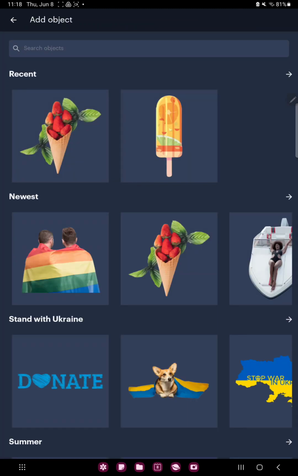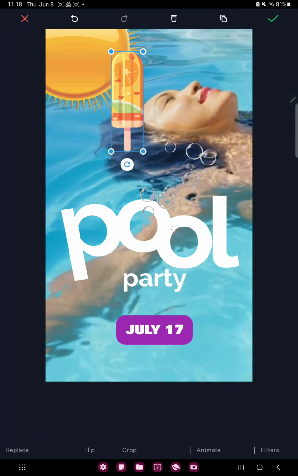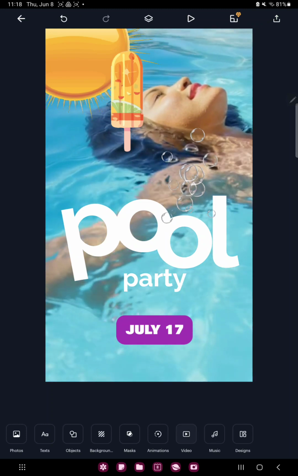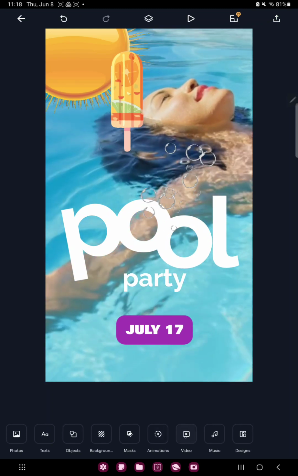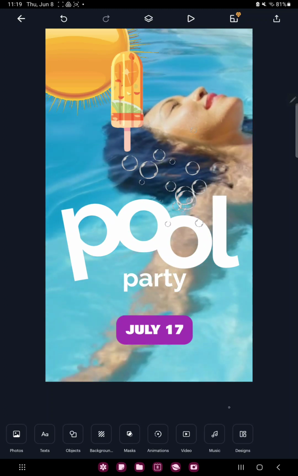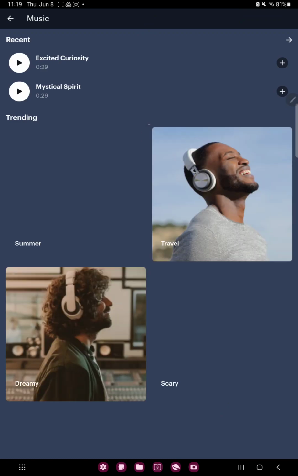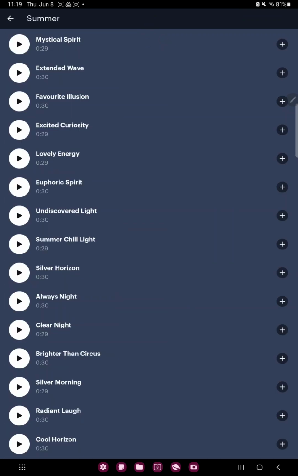In the object section you can search different objects and just select one, and you can move it and edit the size. In the animation section you can find different animations, and in the video section you can search videos or upload videos from your device. And in the music section you can search different music. For example, go to the summer button, and if you want to add one, just click the plus icon